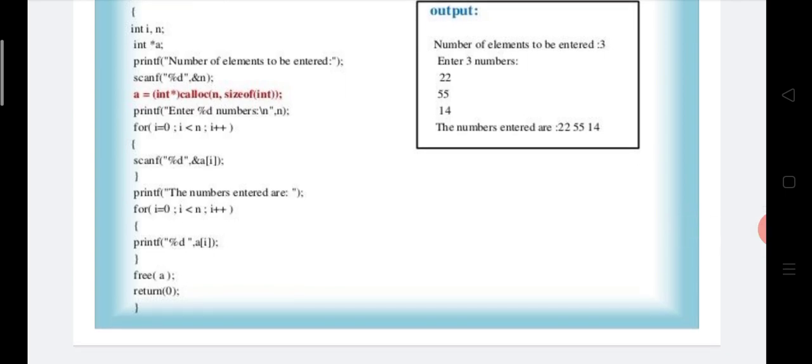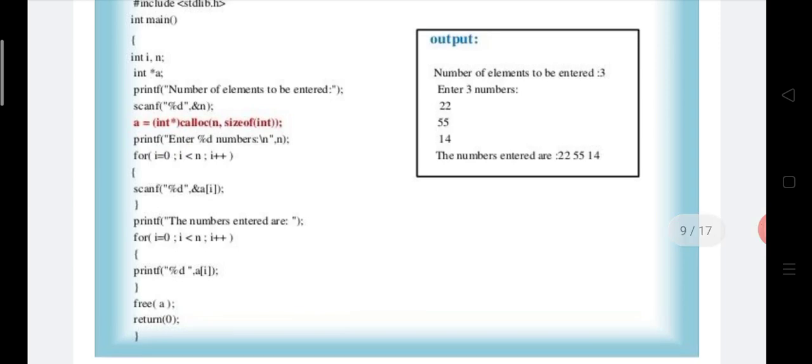Afterwards the free function is used. When the free function is executed, all the allocated memory is released by the free function, and then return 0. Now see the output. Number of elements to be entered: 3.